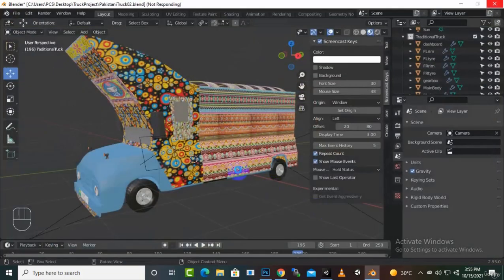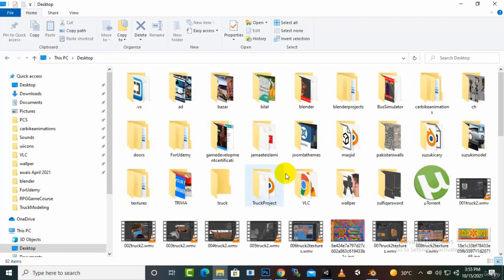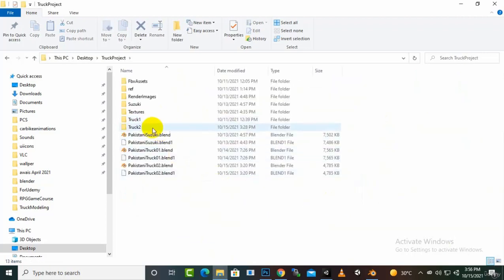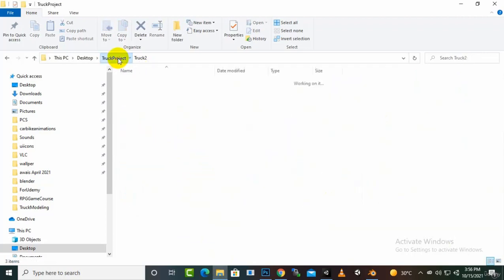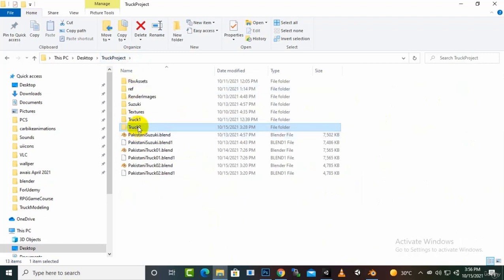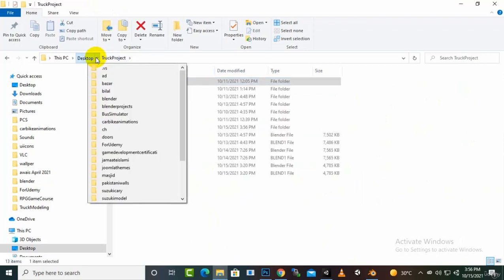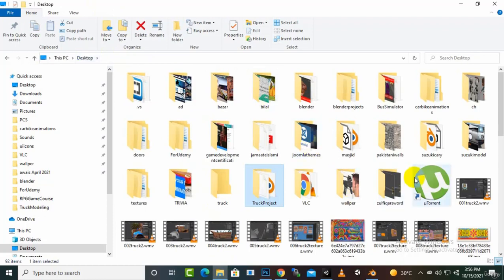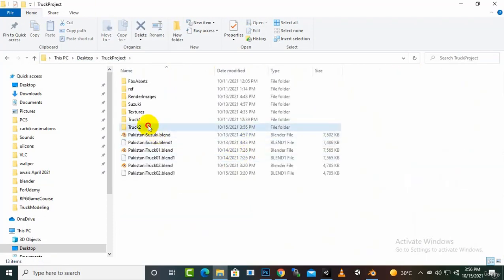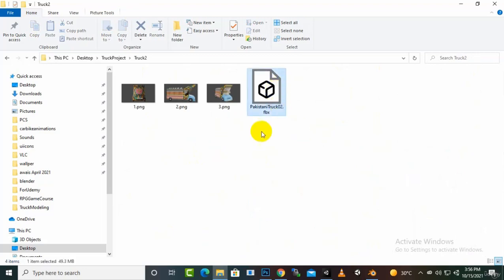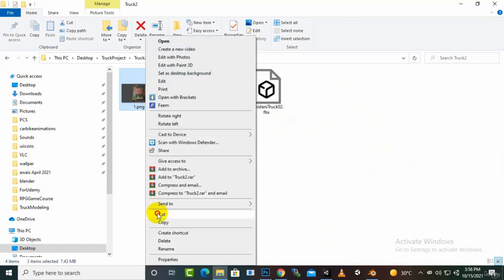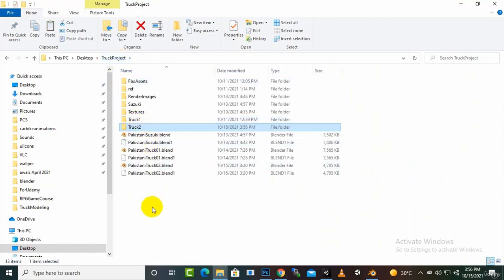So now we will move here on desktop, truck project, and we have this truck 2. Sorry, okay, where is it? This is desktop, and we have truck project, and we have truck 2. Yeah, now it will come. Okay, so now you can see this is our truck, but before that I will just cut it out, and